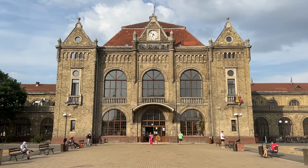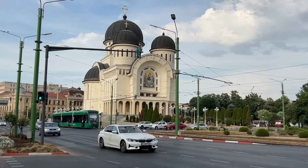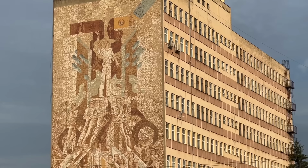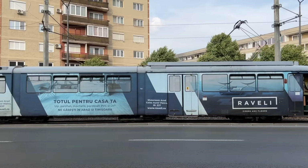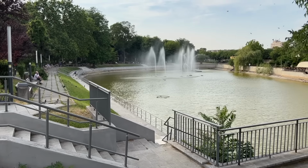Well, I had a great time exploring Arad, albeit only a small fraction of the city. I saw the Holy Trinity Cathedral, an antique steam train, even saw some Soviet mosaics. Bald and Bankrupt would be having a field day here. Though I was most happy to find a pizzeria for some warm comfort food after having very little in the